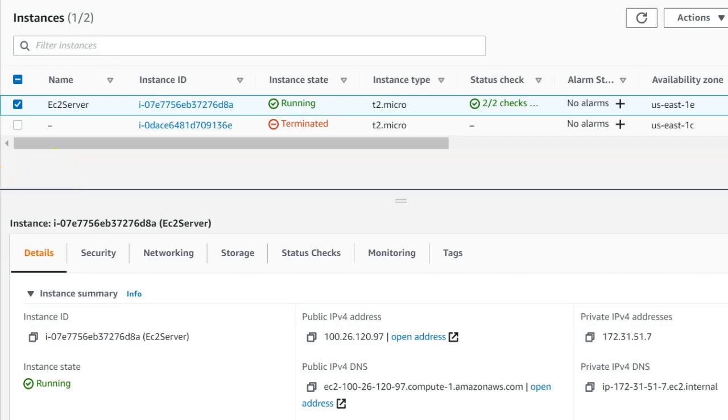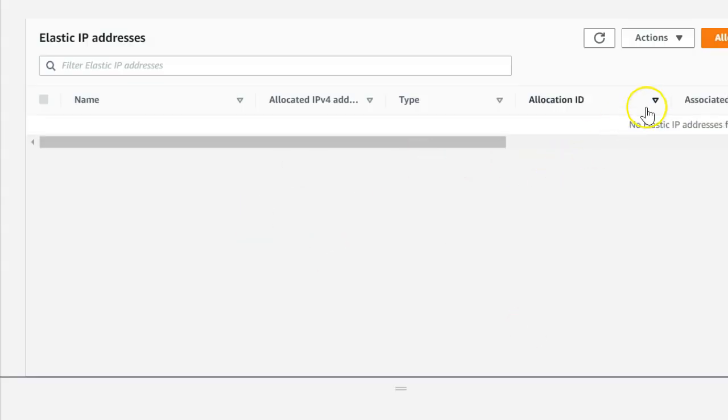And you can see the elastic IP address. Just go to your EC2 dashboard and scroll down a little bit here. Under Network and Security, you can see the Elastic IPs here. Then you need to click on Allocate IP address. As of now, you can see we don't have any elastic IP address in this region. So I'm just going to allocate an IP address.